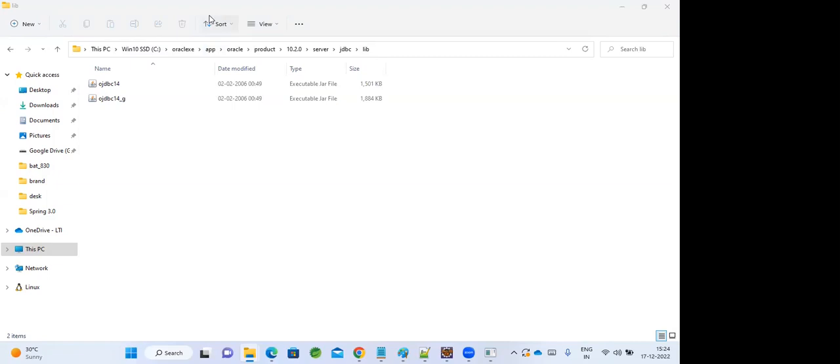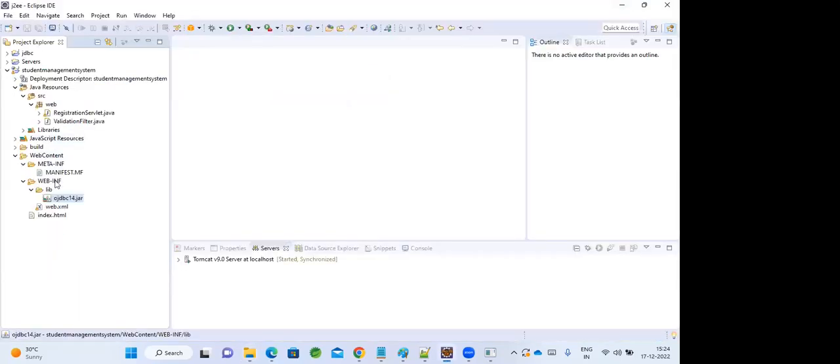In my case, OJDBC14 is there, underscore G is there. Which one? Add OJDBC14. Try both, maybe this one also will work. Oh, like that. Okay. So now I am able to build my web application and I can access it via